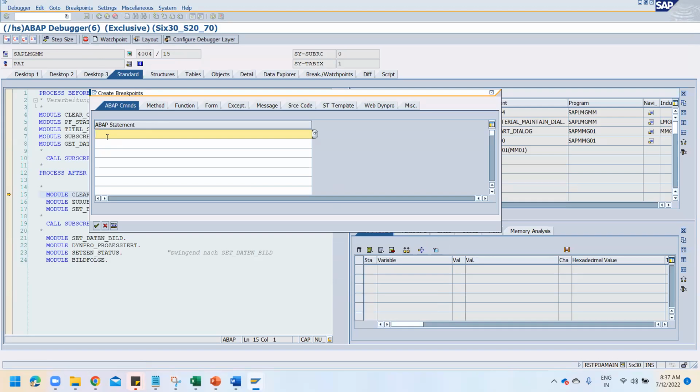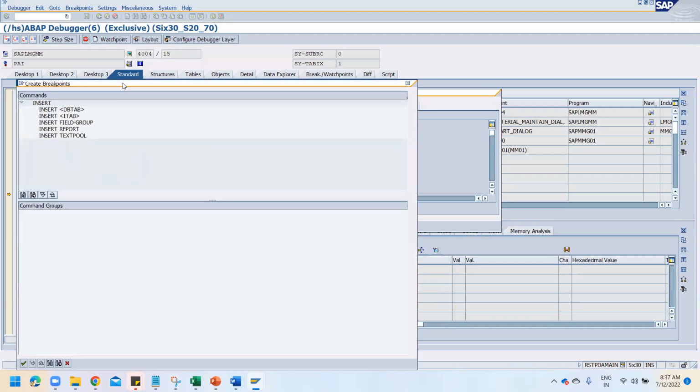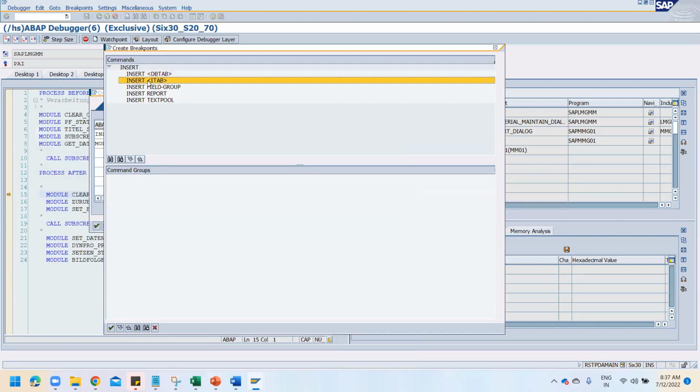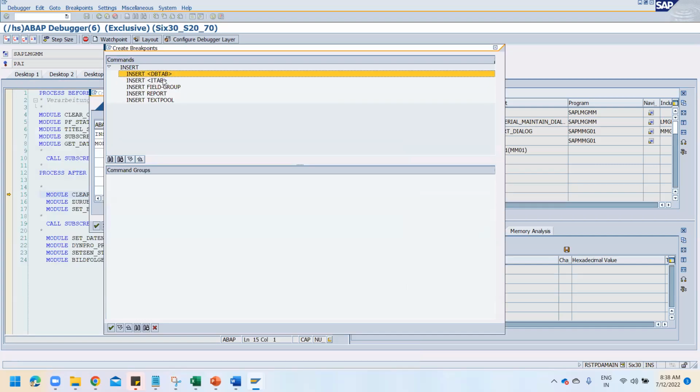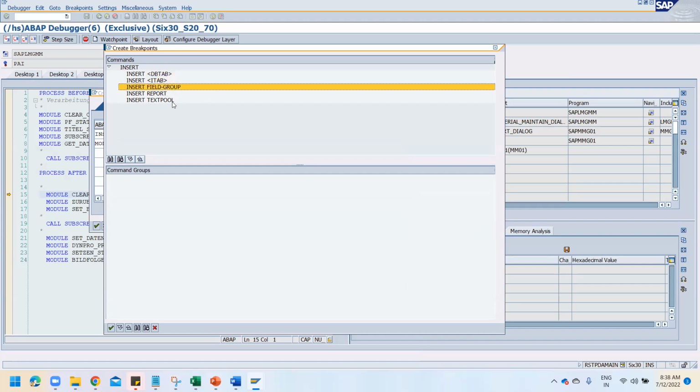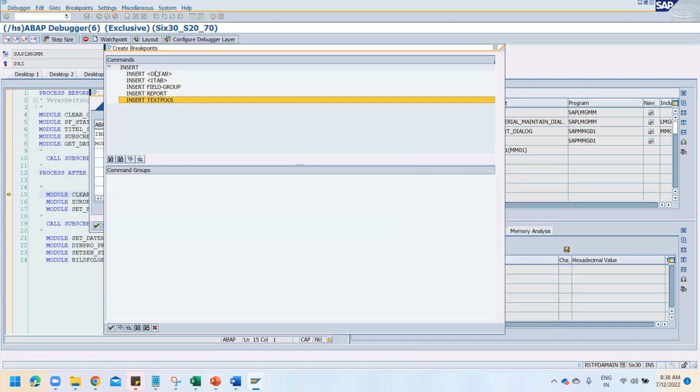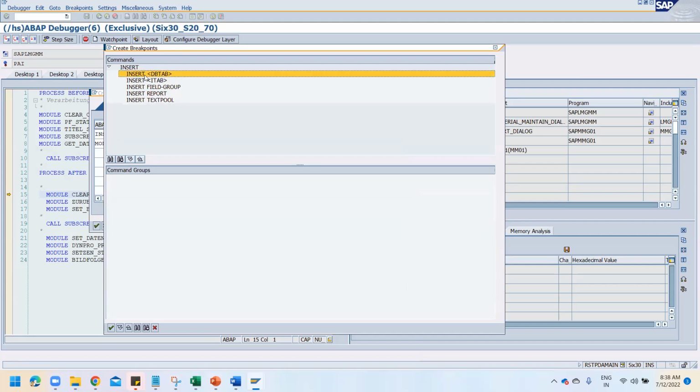So obviously either it will be using the insert or modify, correct? Update will certainly not be there. So either you can use the insert or you can use the modify. So for insert, let's see. Insert DB tab, insert IT tab. Insert statement can be used for database table, for internal table, for field group, for report, for text pool. These are the different variations of the insert statement. We are interested in insert into DB tab,